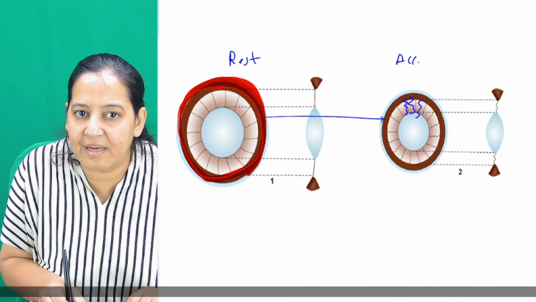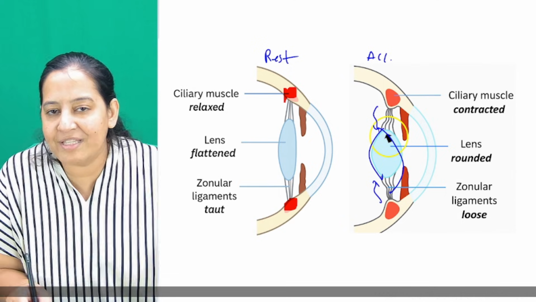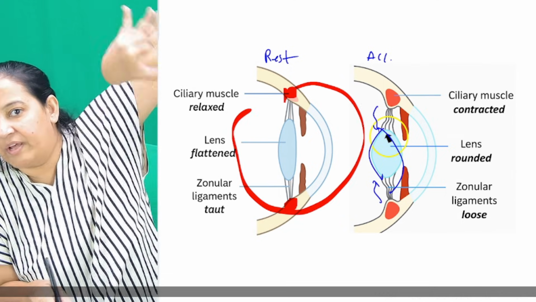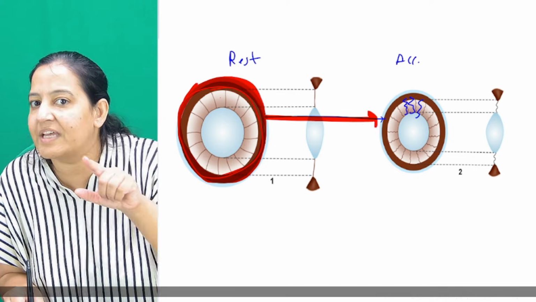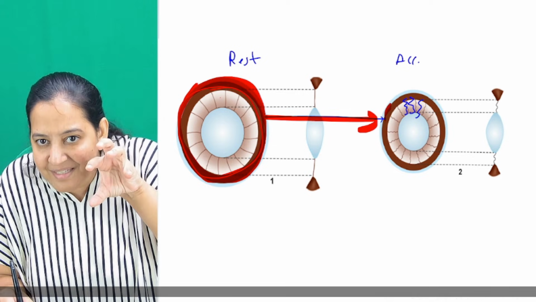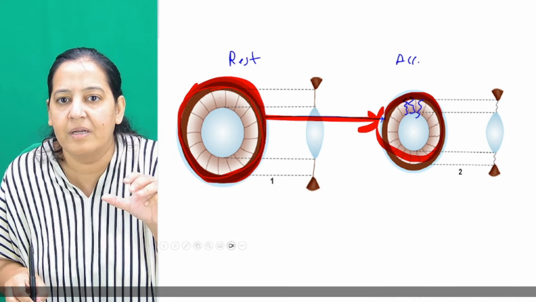So this is the ciliary muscle. It's like a ring. You don't imagine the ciliary muscle like this and this. You imagine the front view. It is like a ring actually from the front. So this is the ciliary ring. What happens? It is contracting. You tell me, contracting means it is reducing in diameter. Whenever any muscle contracts, it reduces in diameter.